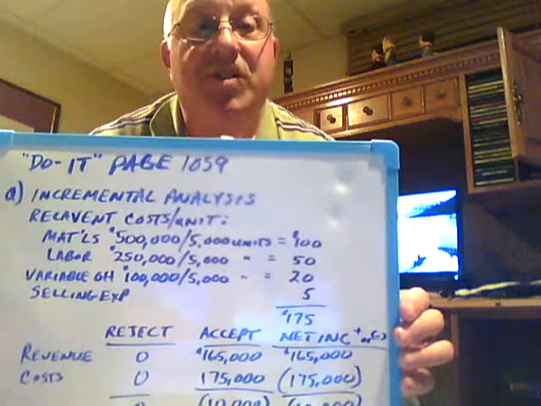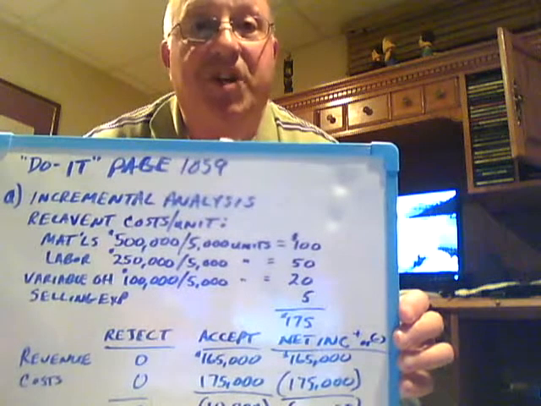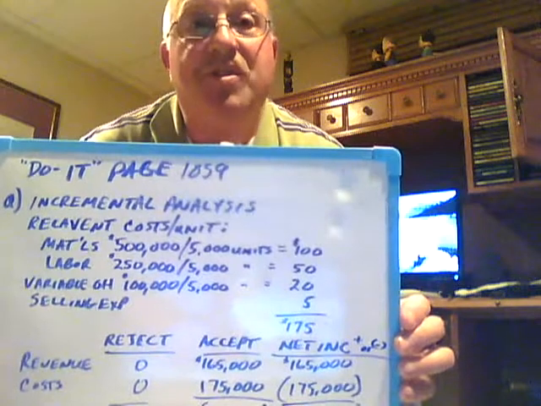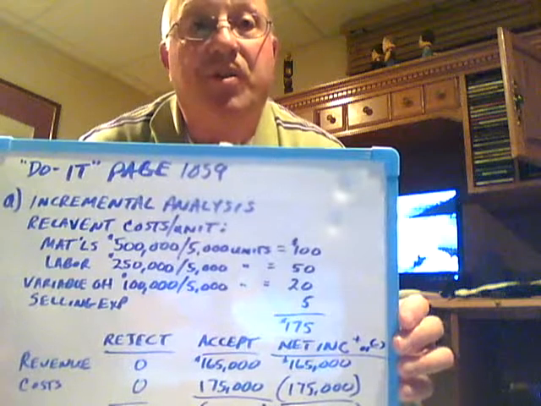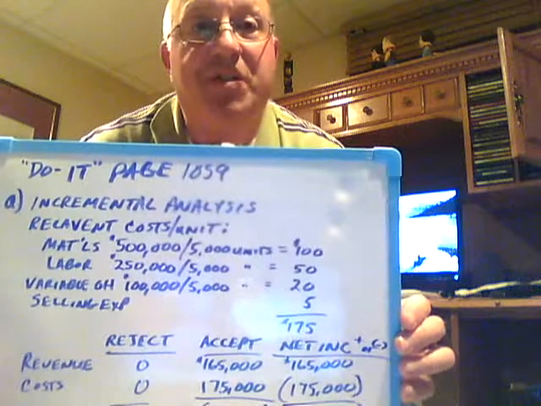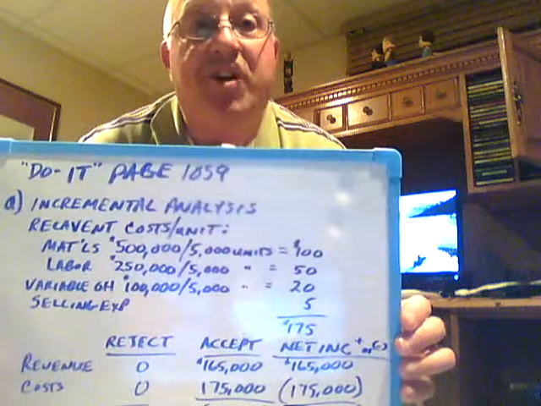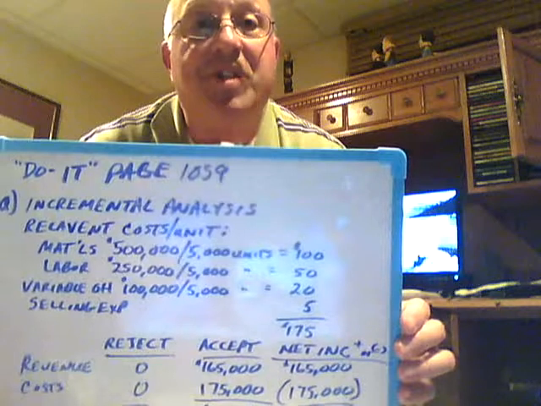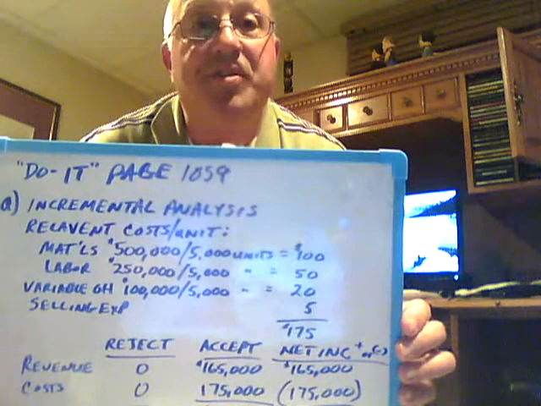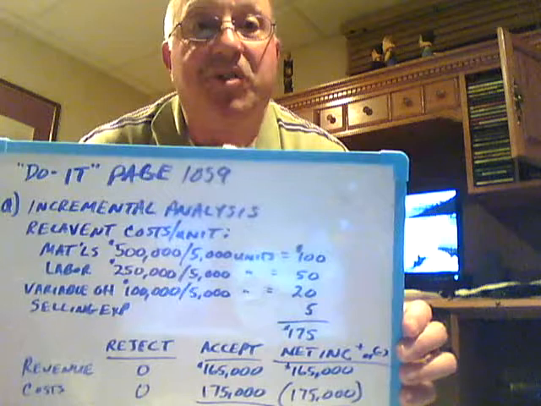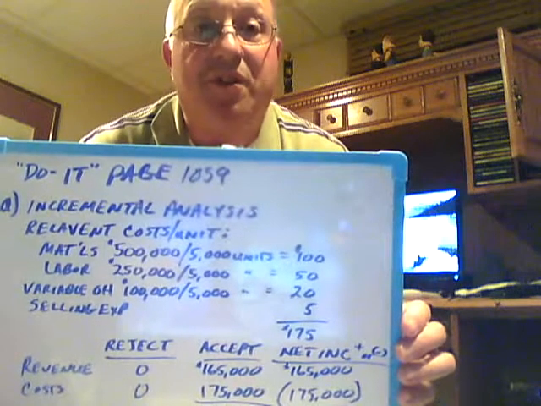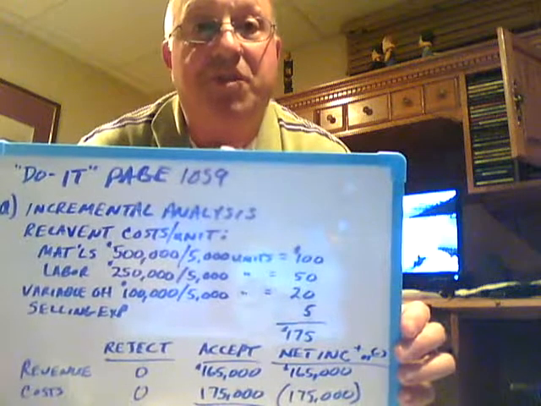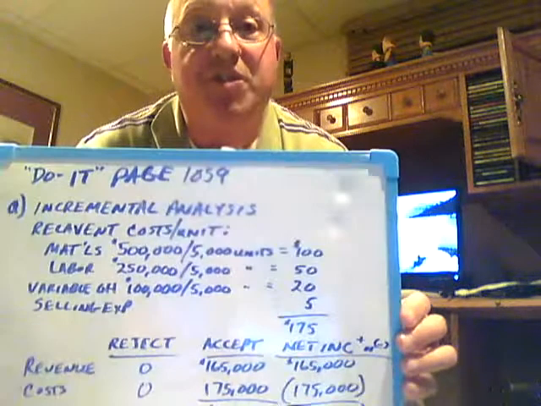Now, when we think of costs that change in relation to changes in production, we think of variable costs, right? That's what we learned in a previous chapter. So it would stand to reason that we want to isolate the variable costs per unit as the ones that are relevant in making this decision. And when we do that, we're looking at the materials, the labor, the variable overhead, not the fixed costs, and then the selling expense, which was given to us as $5 per unit, which tells us that that's a variable cost.